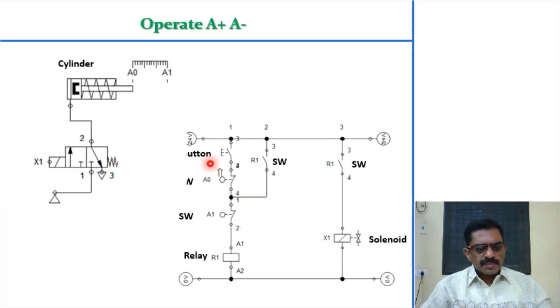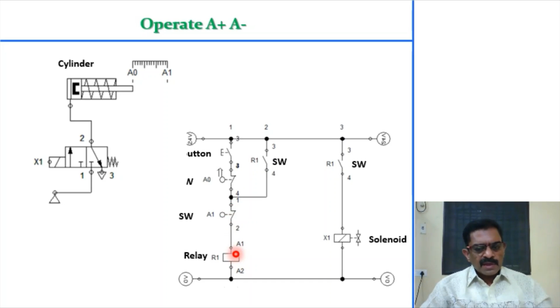So this is a simple circuit. It is a push button, and this is the switch. So this is the switch, and this is another switch. So it is the A0 position, and this is A1 position. It is extended position, it is retracted position. So if I use an open contact here, that will become closed because it is at A0 position. So A0 is actuated, that is why it is closed, and it is a normally closed.